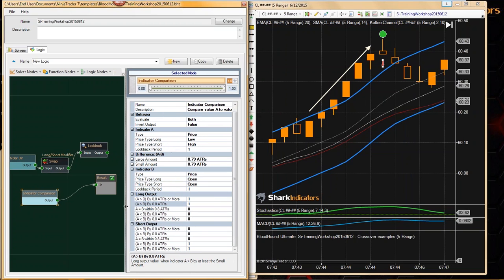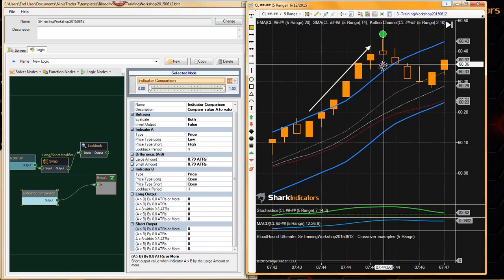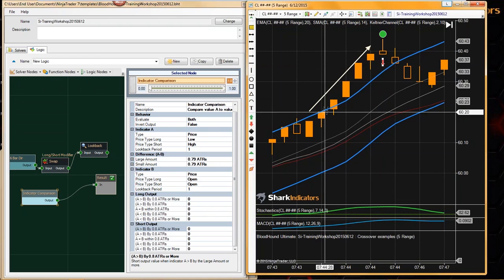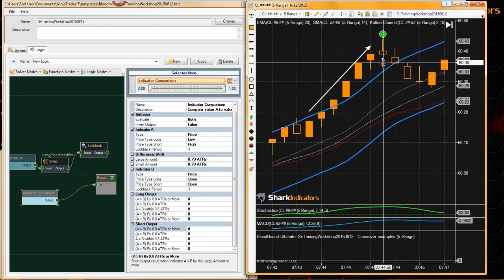So let's see, if I read the description of the output here, alright, so we have A, and in this case, A is our high price. Oh, no wonder. Okay. Let me reset all these back to 0. There we go. So we're wanting a short signal